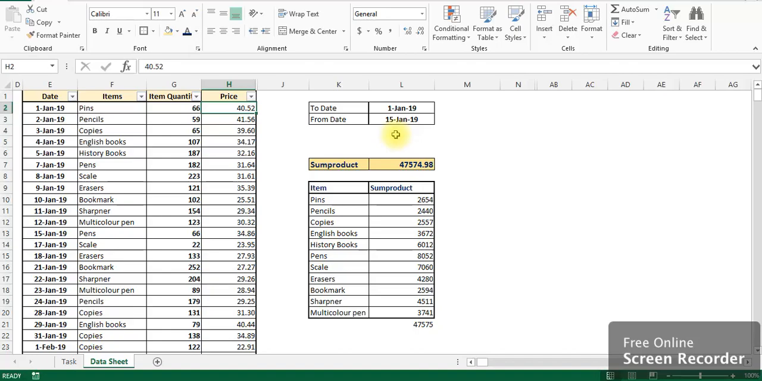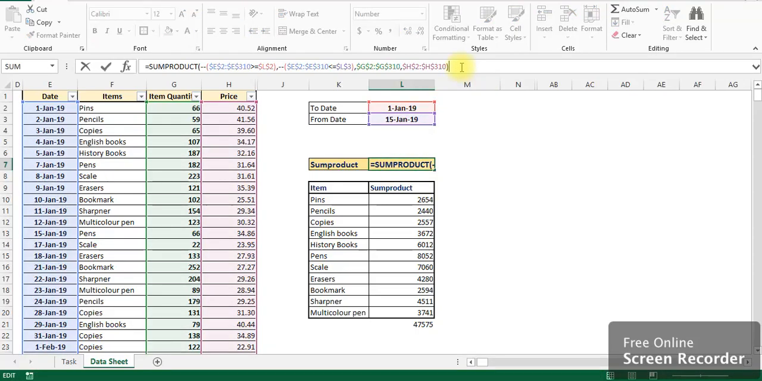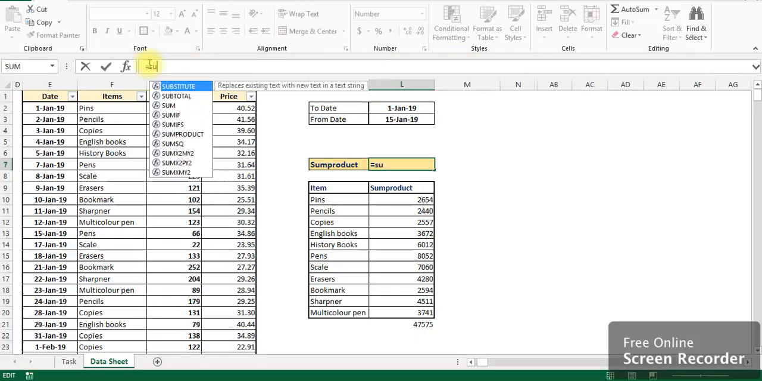So for this we will use the SUMPRODUCT function. I have firstly used this over here, which you can see. I will use it again to show you how we can use this. Let us just start to use this formula. I am deleting this formula and will be placing it again. I am using SUMPRODUCT,